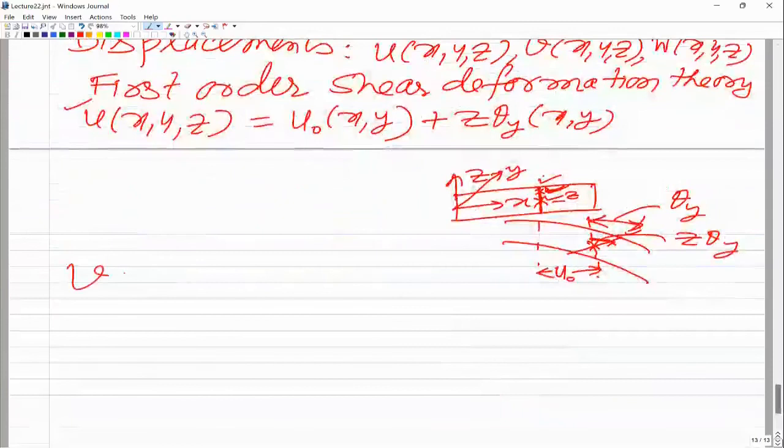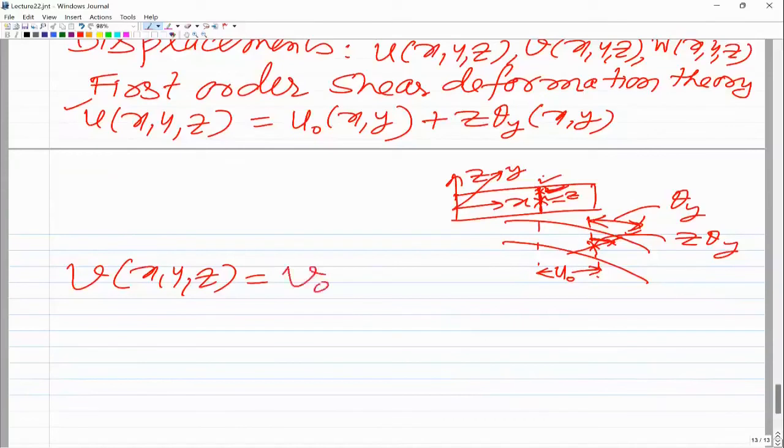Then the displacement along the y direction, v, which is a function of x, y and z, is written as v naught, which is a function of x and y. So u naught and v naught are the displacements along the x and y directions of any point on the middle surface of the plate, that is z equal to 0, midway in the thickness. And then we consider the rotation about the x axis, so minus z into theta x,